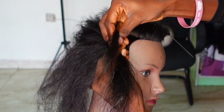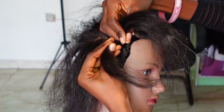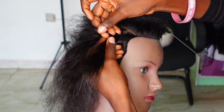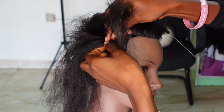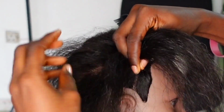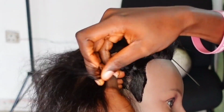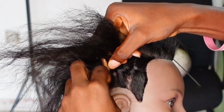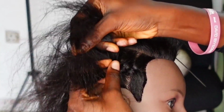So into the middle, grab the right, into the middle, grab the left, into the middle, grab the right, add more hair. Whichever one you feed, go into the middle, then you grab the alternating side. So we feed this, it moves into the middle, and then we grab the opposite side, feed into it, move it into the middle, grab the opposite side, feed more hair, move the fed one into the middle, grab the